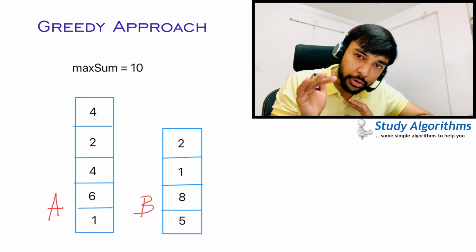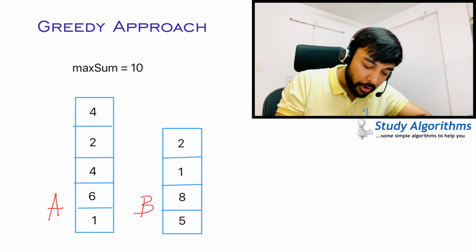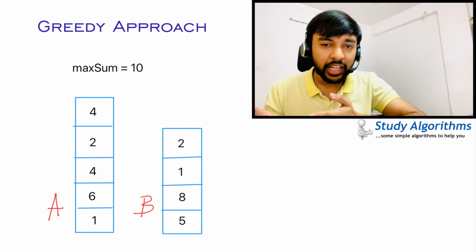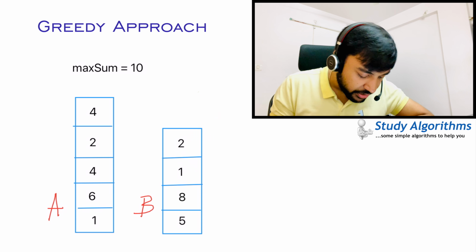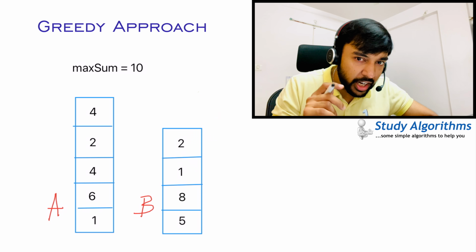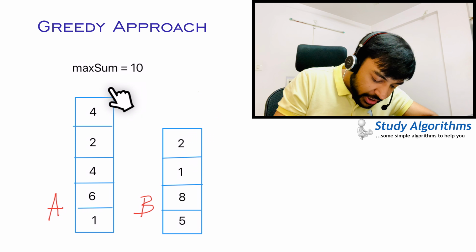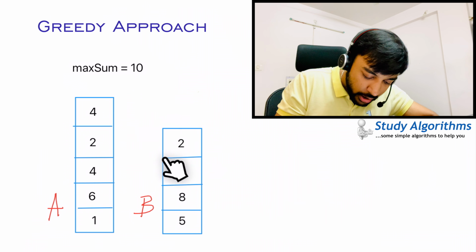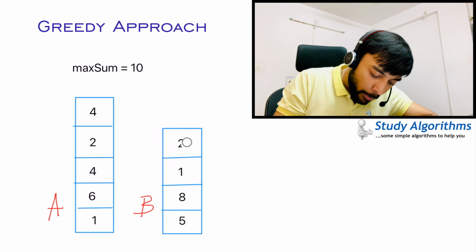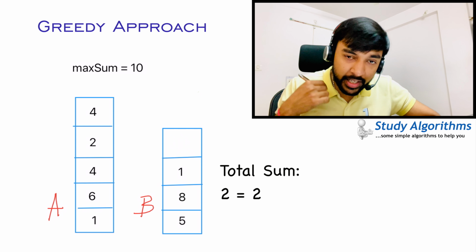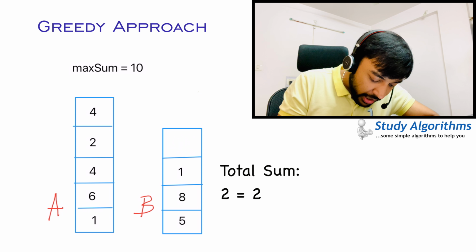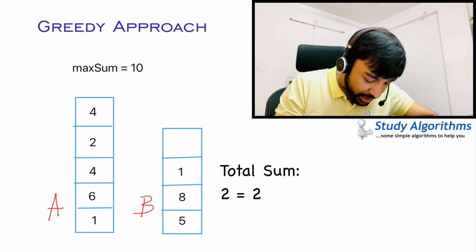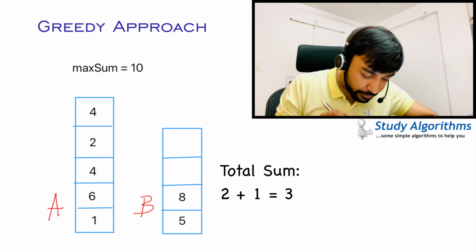And one approach could be, okay, look at the top of these two stacks, pop the minimum element, and then proceed ahead, right? That seems very obvious. So let us try to do that. Out of stacks A and B and the elements 4 and 2, I see that hey, 2 is smaller. So I pop out element number 2. Next, I would be comparing element number 4 and element number 1. Once again, 1 is smaller, so I would pop it out.